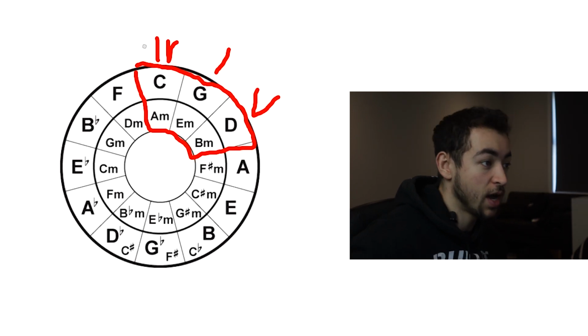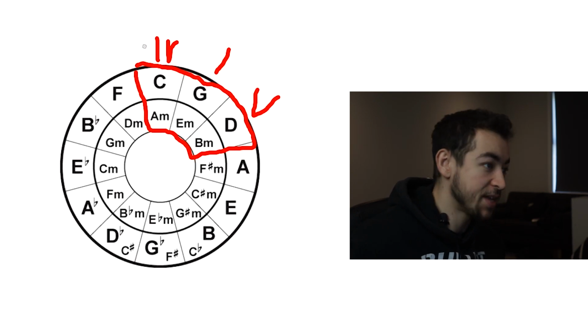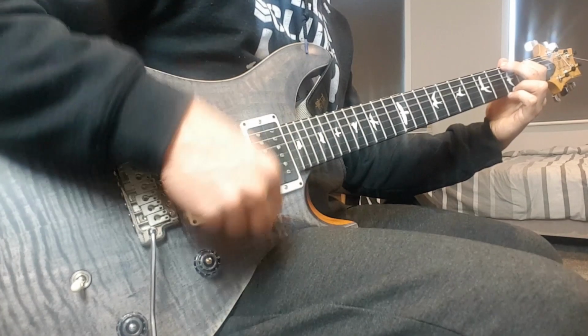So for example, I can just write a song in the key of G using these 6 chords right now off the top of my head. So